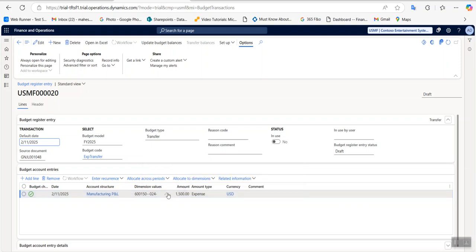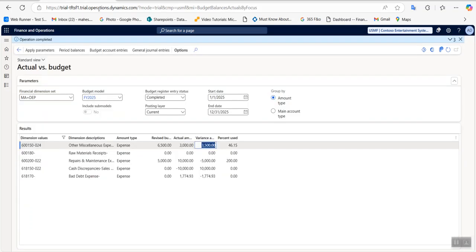For transfer budget, mostly we will use it when we are transferring the budget from one main account to another main account. Okay, so here you can see this is the main account, it has the 1500 we need to make up, and I need to reduce the 1500 from another budget register entry. So you can see here,